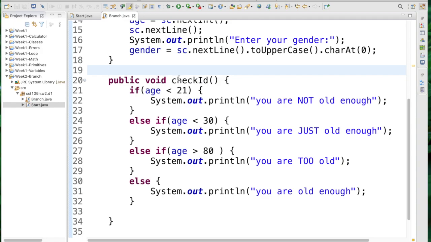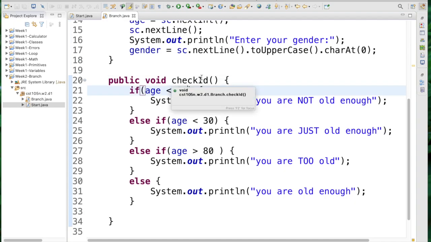So for our gender ID, we're going to make some minor changes to this stuff. I'm going to stick with our full else if statement that we have here. So if we're under 21, we'll do something. If we're under 30, if we're over 80. But I want to add the ability to check something else also. So if you're under 21 and your